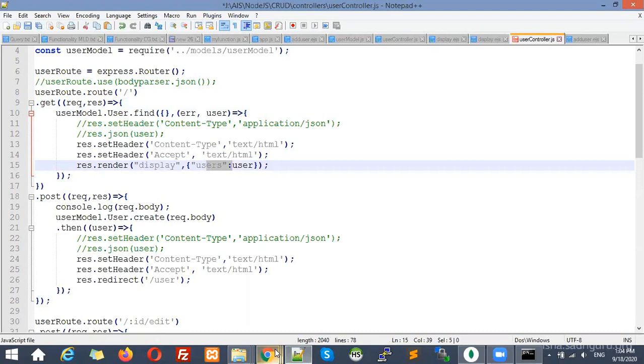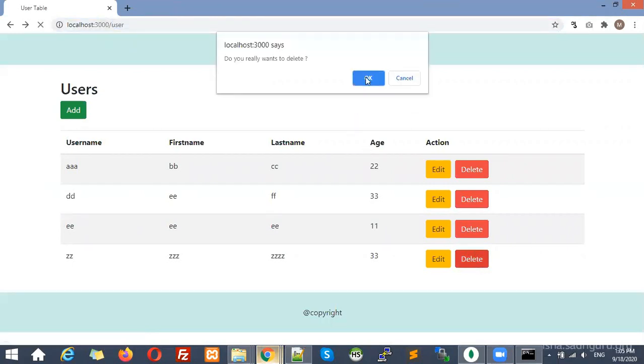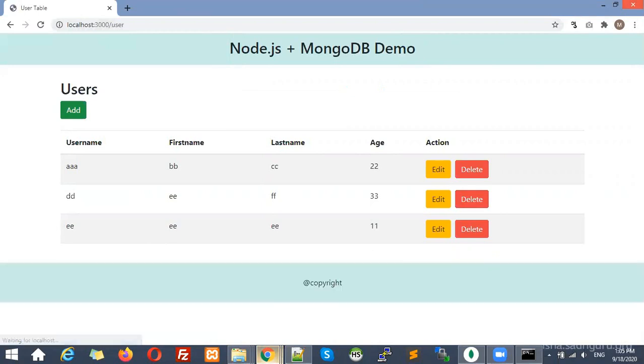So if I delete any record, what happens is it goes to that controller file, deletes that record and again sends back to the user/user URL. So if I click on this one, it will delete the record, go to that file, delete that record and again send to this one.